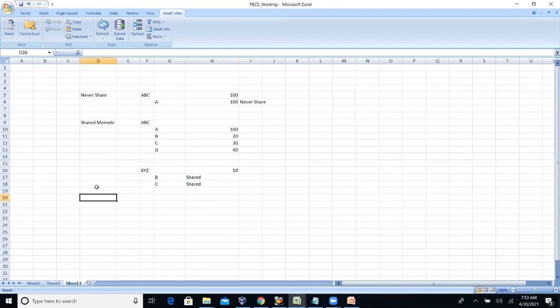Quick question. If you have B and C under the XYZ parent as shared, are you creating B and C under ABC as stored, or is that shared as well? These two are whatever you want.